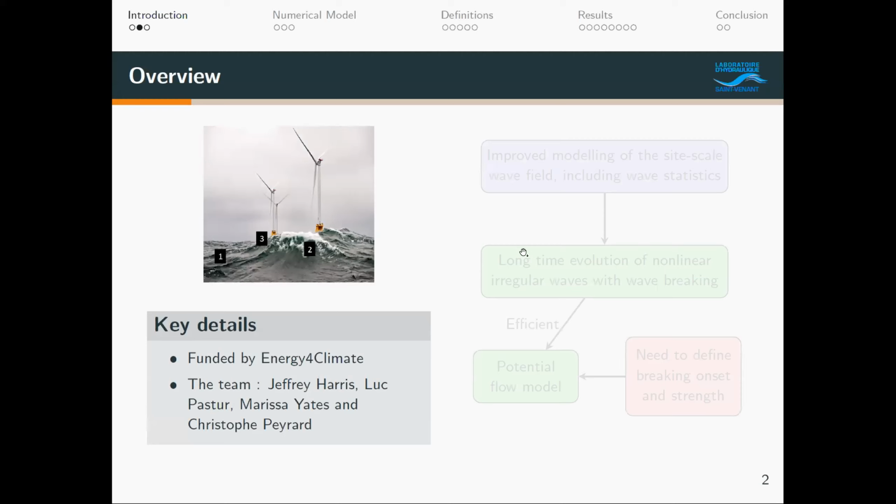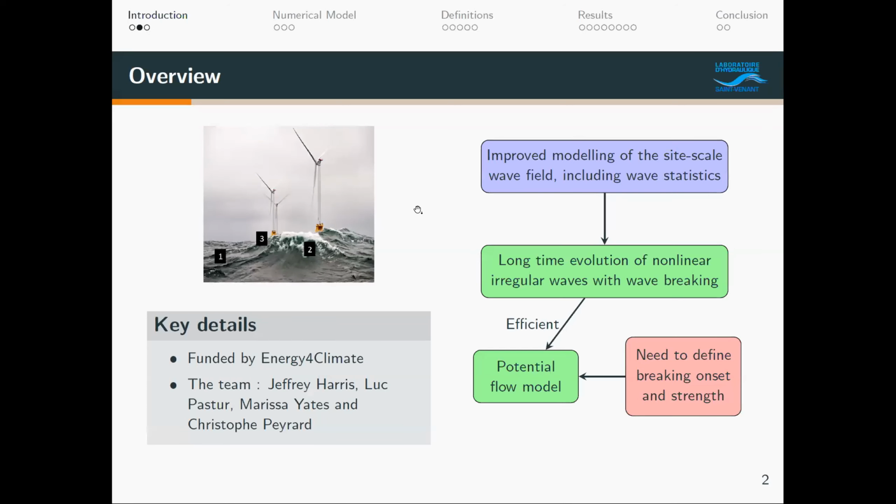Our work, funded by Energy for Climate, aims at improved modeling of the nonlinear wave field, for example here region 1, and in the presence of wave breaking, that is region 2 here, and then estimation of wave forces on structures in region 3 here, and an experimental campaign on these. As part of my first objective, we are looking at modeling wave fields at large scale, which would also include the